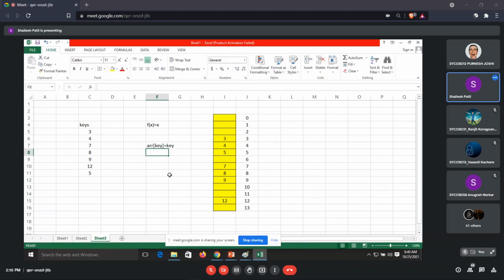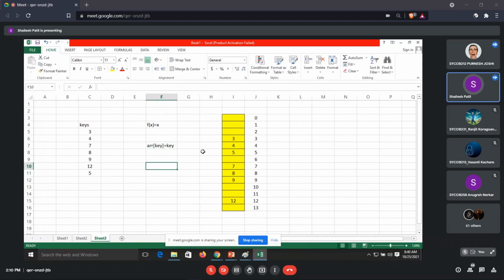Is this clear? This array of key is key. Now, if I have to check whether any element is present in that search list, I have to find that element.